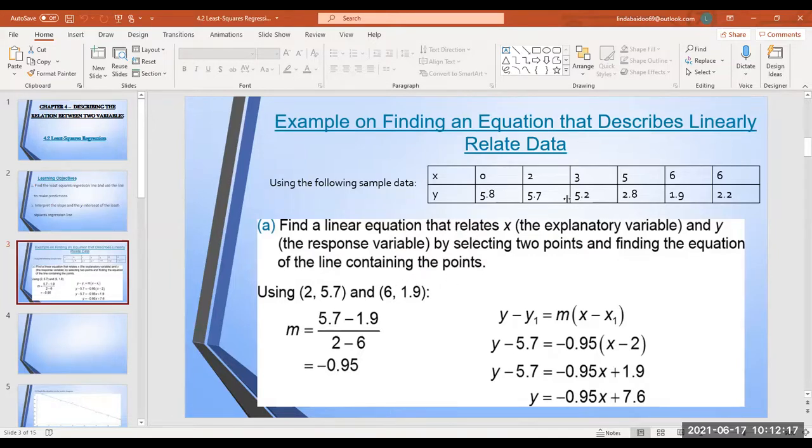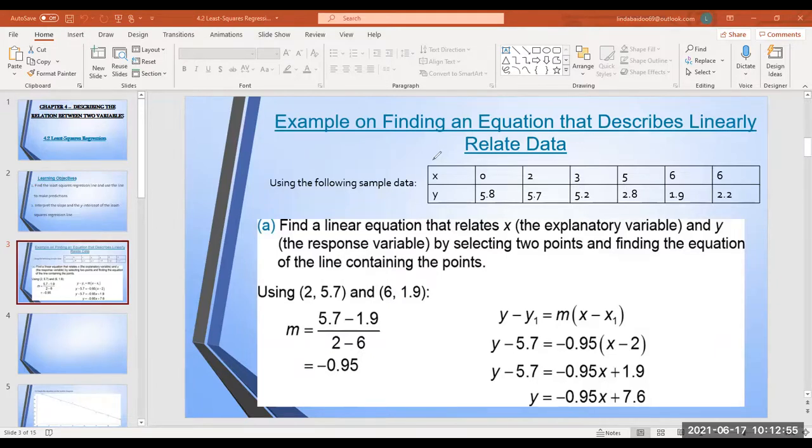We are using this as sample data. We are asked to find a linear equation that relates x, the explanatory variable, and y, the response, by selecting 2 points from here and finding the equation of the line that contains these 2 points. You can choose any points that you want. But if you want my advice, sometimes on MyLab it tells you which specific 2 points to use. But if it doesn't tell you, and you want my